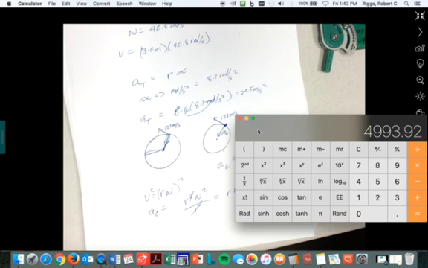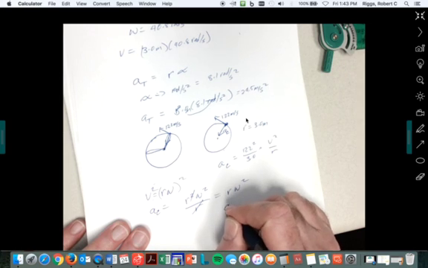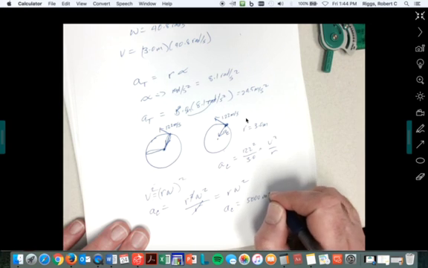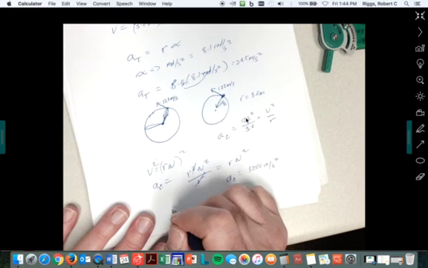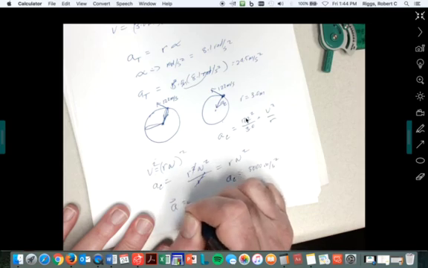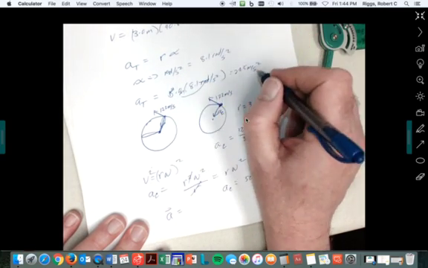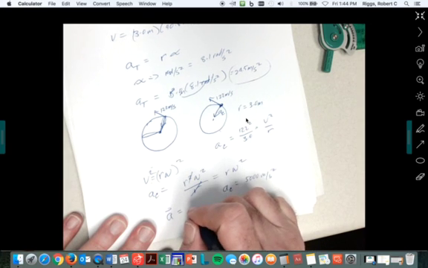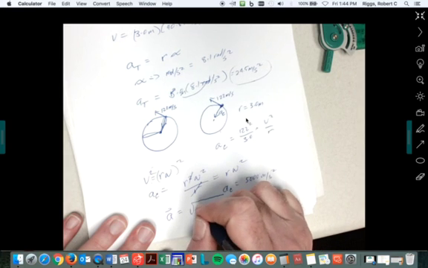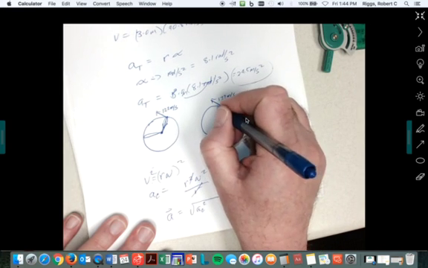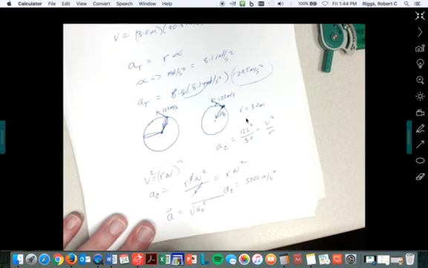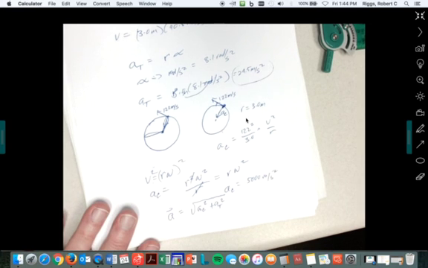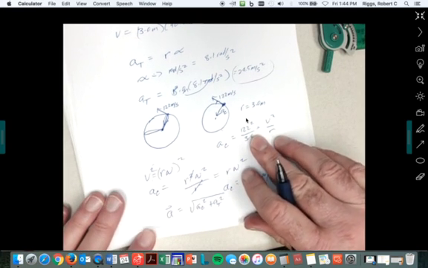So the tangential acceleration, or the centrifugal acceleration, is equal to 5,000 meters per second squared, and then the total acceleration of this thing, because we also have this 24.5 meters per second squared, would be equal to AC squared plus AT squared, because they are perpendicular to each other, whatever that comes out to be. I'm not going to bore you with that calculation. All right, so now, real quickly,